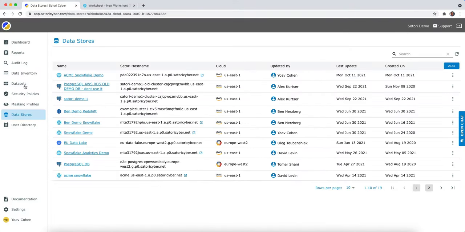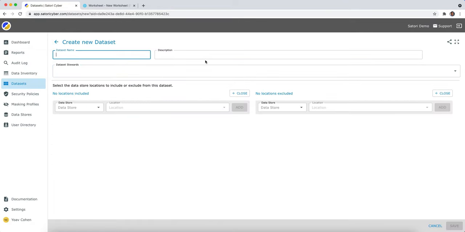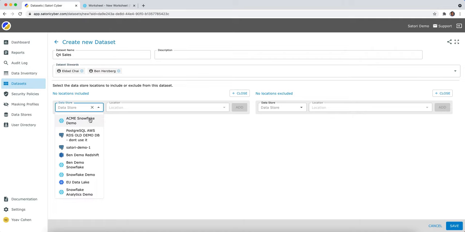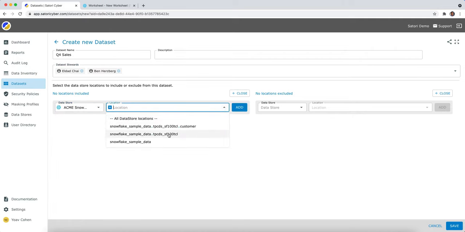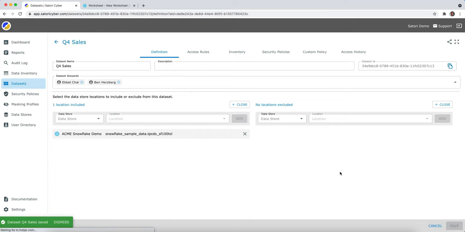The first step in controlling access to data is defining a dataset, which is a collection of database objects. Each dataset has stewards, who will be responsible for managing the day-to-day access to the dataset. Dataset stewards do not need administrative access to Snowflake because they control access by creating access rules and policies in